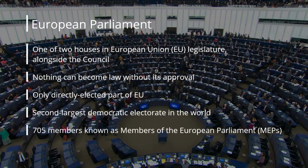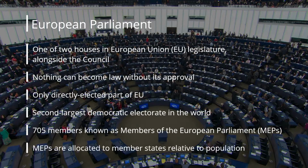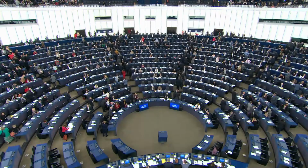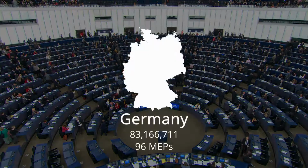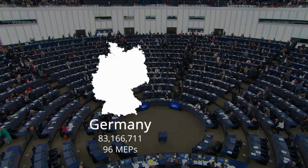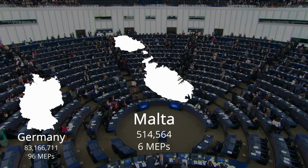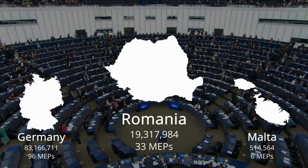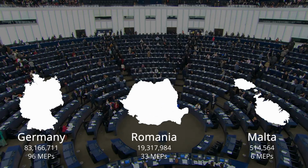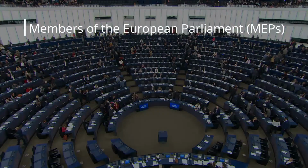It currently has 705 members, known as MEPs. These are divided among the member states. The larger the population, the more MEPs. For example, Germany is the largest state with a population of 83 million and 96 MEPs, Malta a population of 500,000 and 6 MEPs, and Romania a population of 19 million and 33 MEPs. Before we go any further though, it's important to understand that while MEPs are elected from a country,